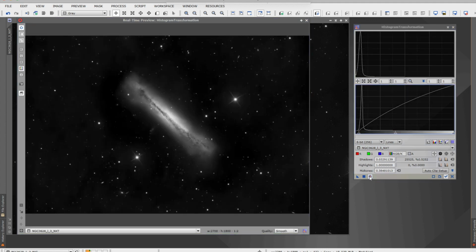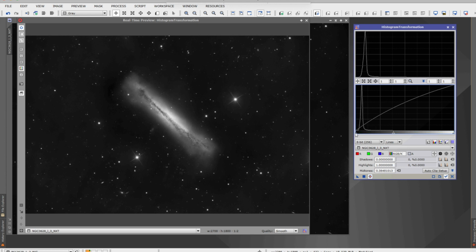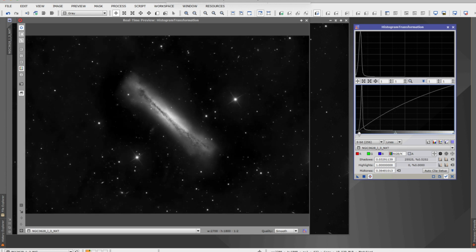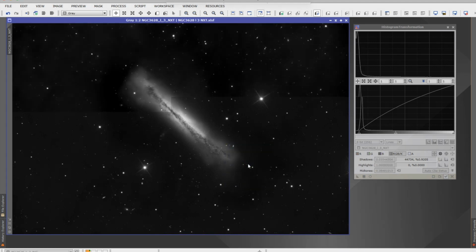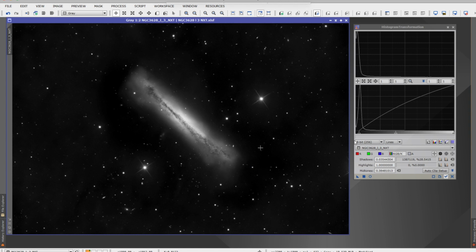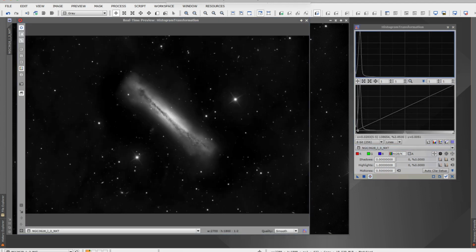And I forgot to open the real-time preview again. So again, we are going to squish down the background a bit more. There we go. And I think that's starting to look pretty good. We're going to drop that in there, change our image again. I still got a little more sky background than I would like. So I'm going to reset, open up the preview, and I am going to go a little bit with the